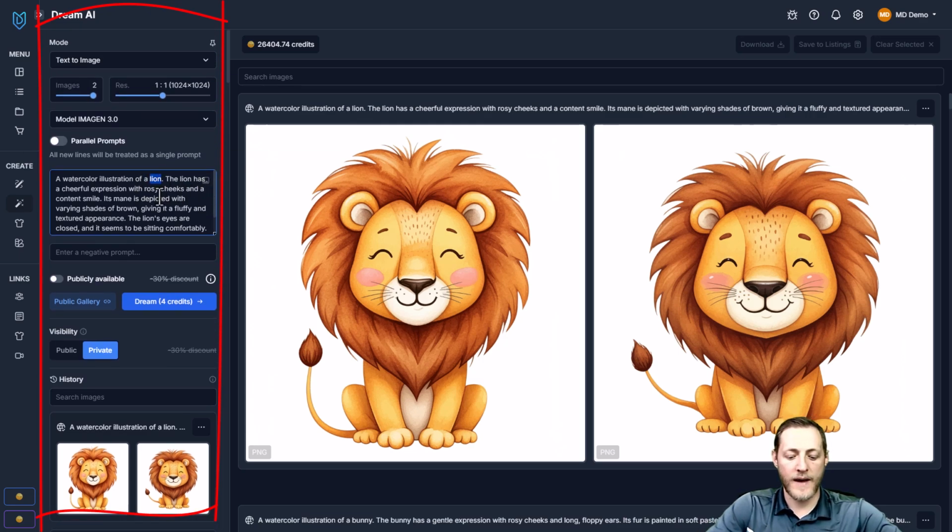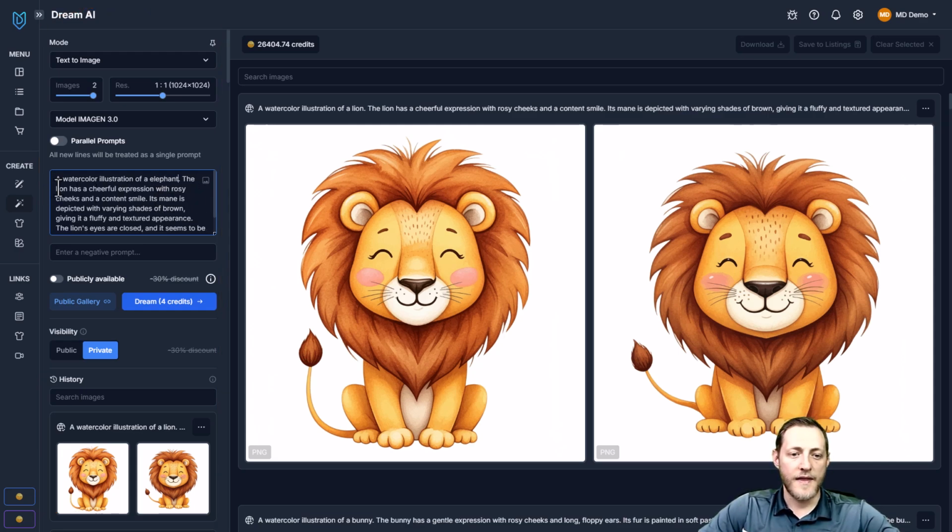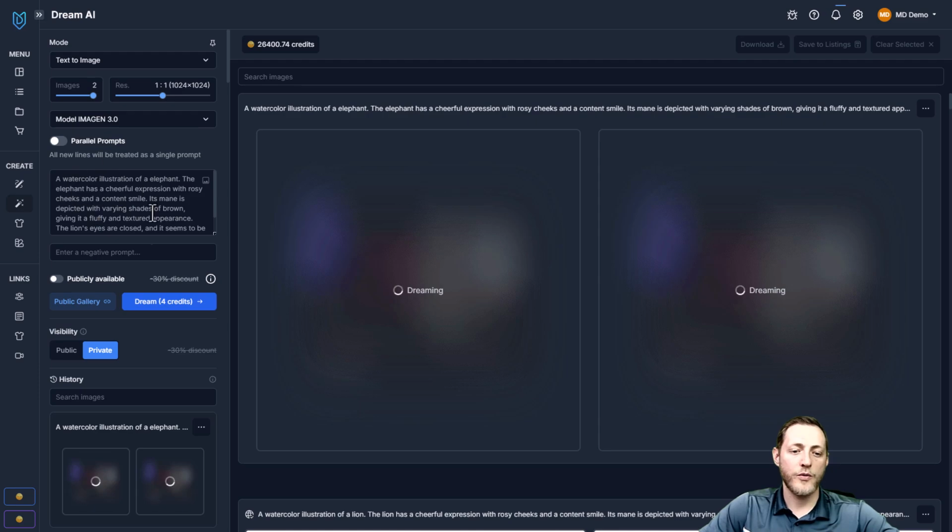Maybe we go ahead and change this lion to elephant. And then we're also going to have to change it here as well. But whatever your prompt is, that's not as important. This is how you can easily generate assets to start using and selling on products. So once we have the prompt how we'd like it, all we have to do is click Dream, and you'll